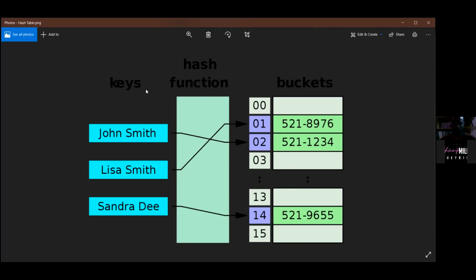For example, you notice John Smith, after the hash function has hashed it, is stored at position number 2 in memory. Lisa Smith is stored at position 1. Sandra D is stored at position 14 after the hash function has hashed it. Okay. Now, the question will be, how do hash functions operate?